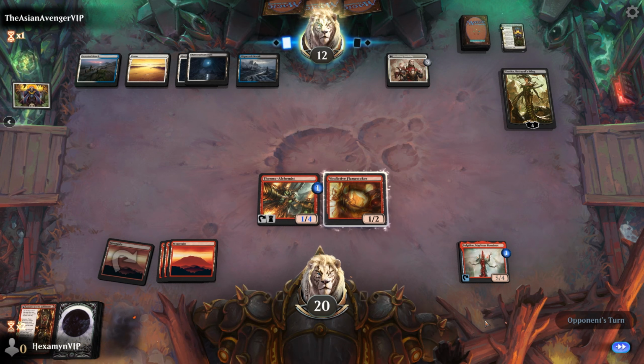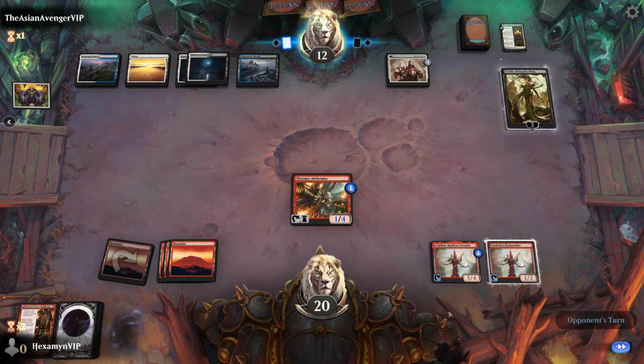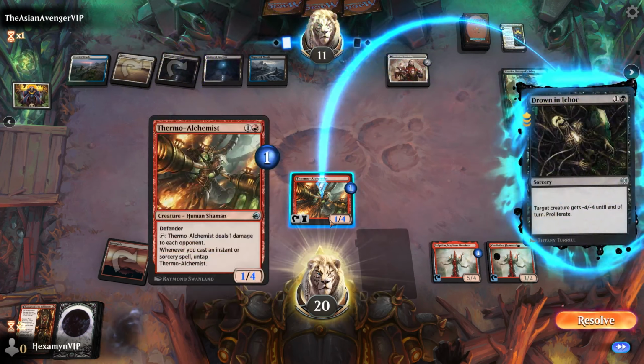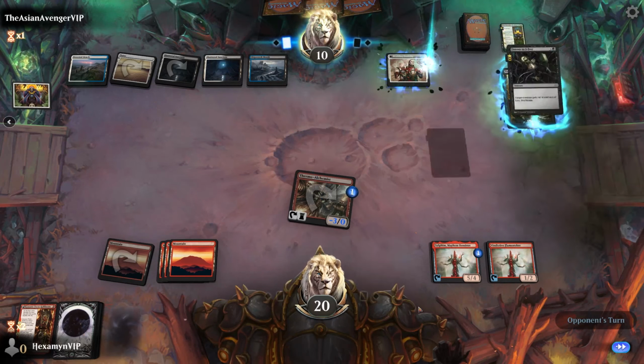Hopefully they don't have a very good hand here. Okay, so they're going to turn our Flamestoker into a treasure. Proliferate Vraska. I think Vraska is just going to be the best card in Standard. Whether it's played for its completed cost, or its normal cost, or it's cheated out, it's just going to be so good. Playing with a Drown as well, so...